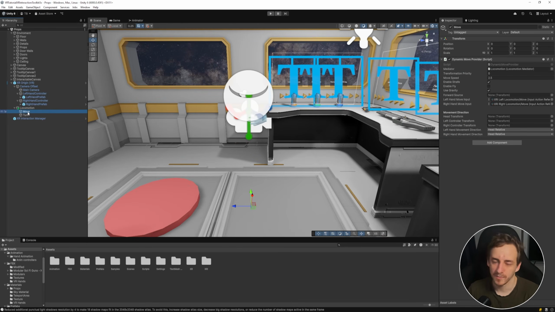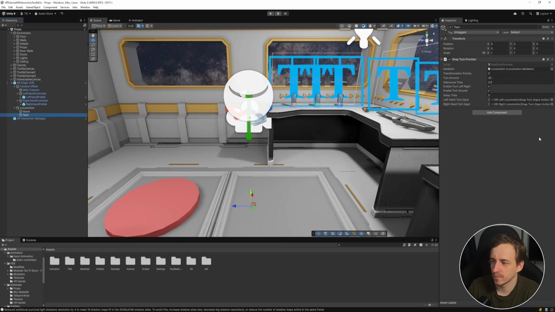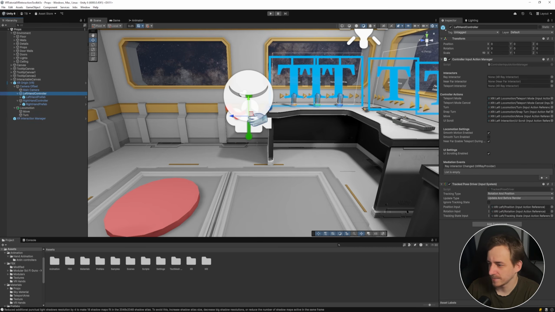Okay, but it begs the question. In the move provider, you assign both the left hand and right hand move input, and if you leave out one of them, it's going to run into an error. So how do we know which hand we need to use? Well, it's not the best solution from Unity, but this is what we have now: the Locomotion settings on